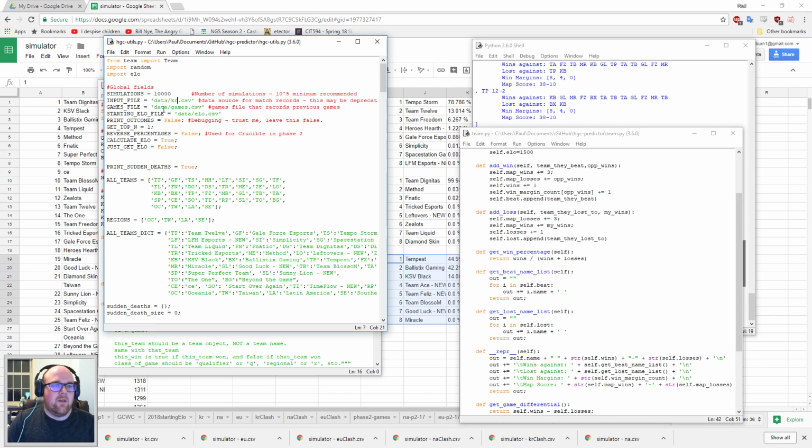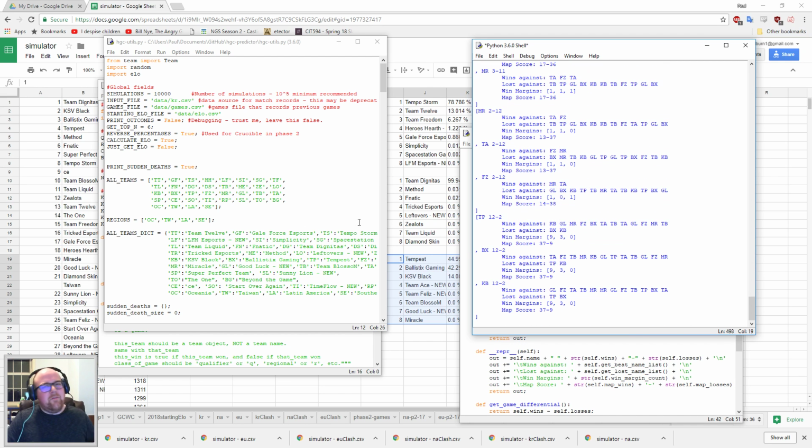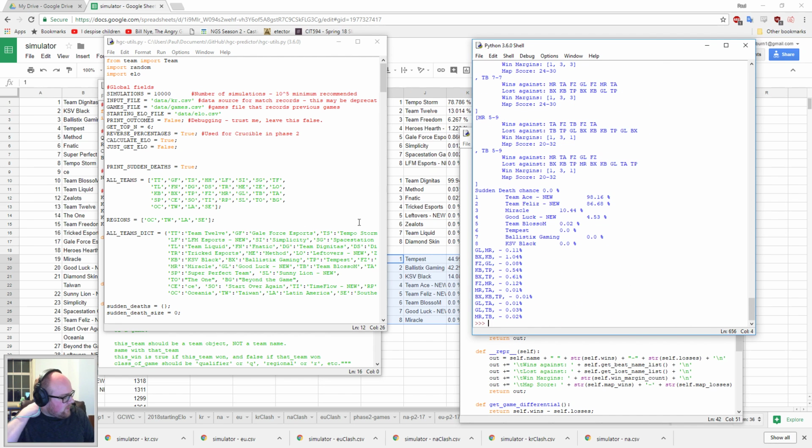So now, if I want to see, okay, who's likely to go to the Crucible in Korea, get the top 6, reverse the percentages. The reason I have to do this is the way HGC handles tiebreakers is it puts all the teams in a pot and it takes the best team out of the pot each time. And so the way the Crucible works is it's not starting at the bottom and taking the bottom teams, it's taking out the top 6. And the bottom 2 that are left over, those are the 2 that go to the Crucible. It doesn't seem like there's a difference there, but there is a distinction that matters in how some of the